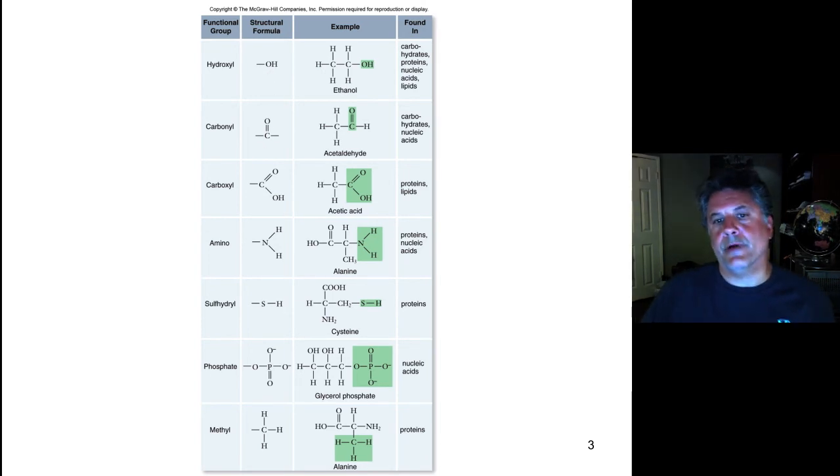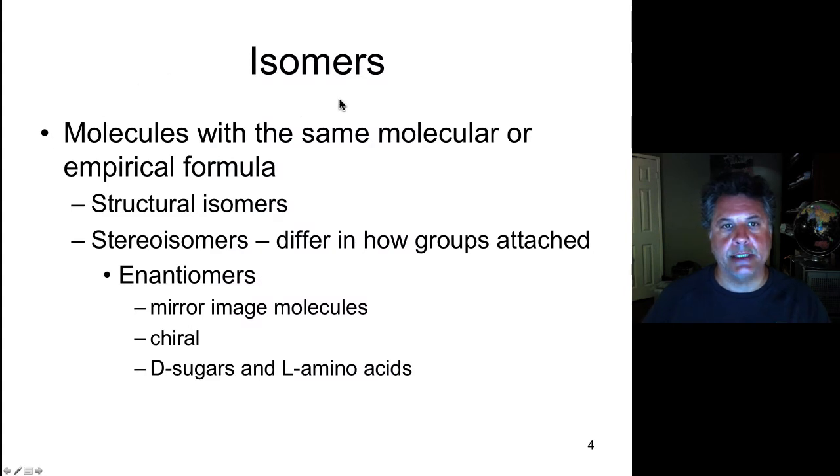So those are our major functional groups, and now we're ready to tackle whole molecules. And to start off, let's tackle a class of whole molecules called isomers. Isomers are molecules with the same molecular formula, meaning they have the same numbers of atoms and the same types of atoms. Structural isomers differ in how the carbon skeleton of the biomolecule is arranged, whereas stereoisomers differ in how the atoms are arranged in space with respect to each other. And a subclass of stereoisomers are called